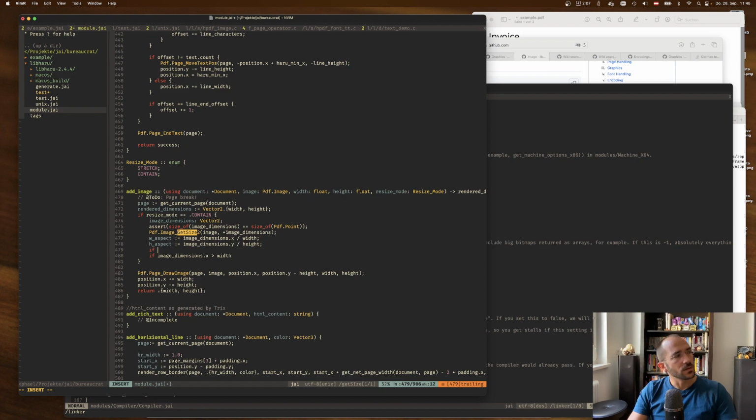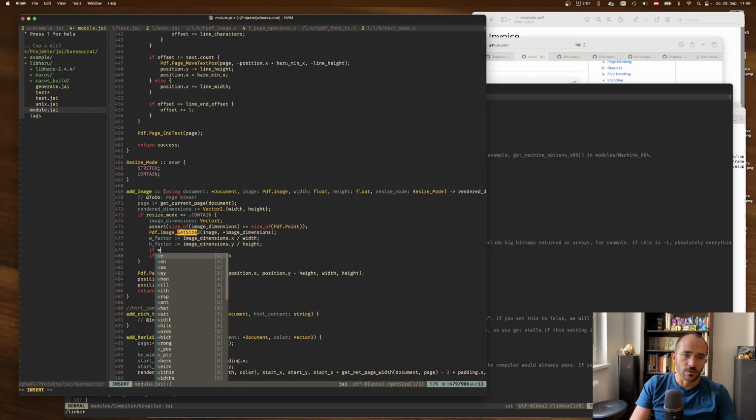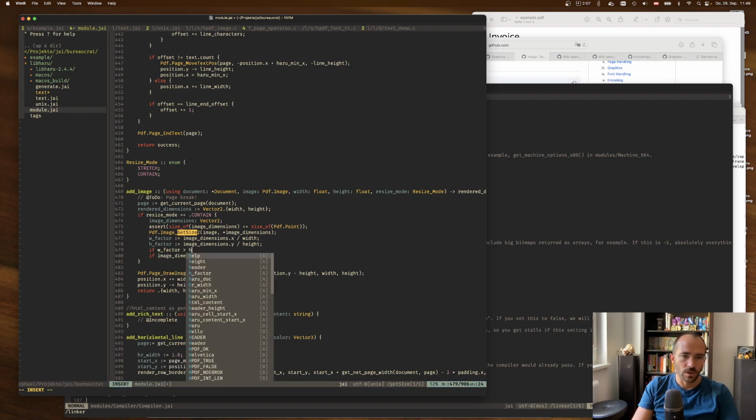So we have to find the bigger of those aspect ratios. Let's call it factor, not aspect ratio. If the width factor is bigger, that means the real width is proportionally higher than what we wanted. So if width factor greater than height factor,